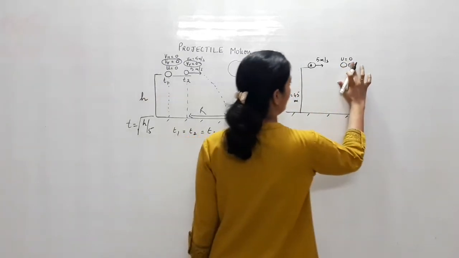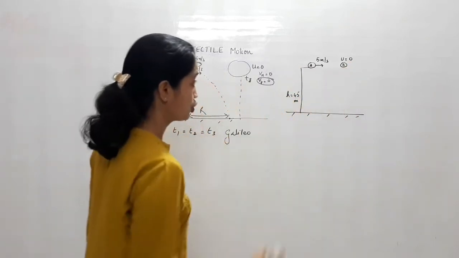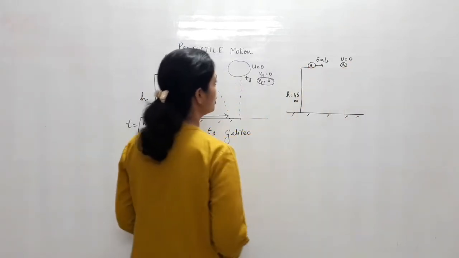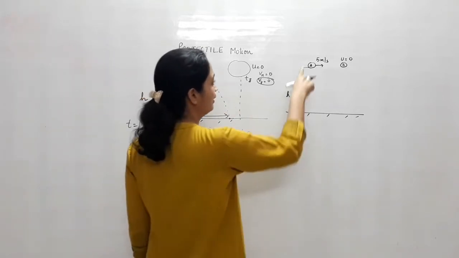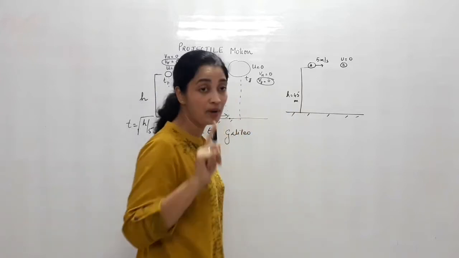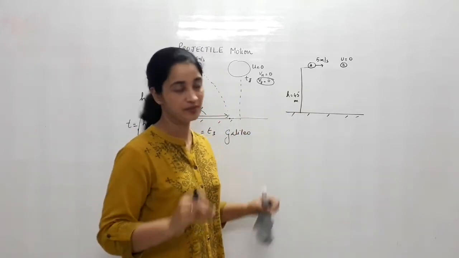The second ball B is dropped whereas ball A is given some initial velocity of 5 meters per second in the horizontal direction. Keep in mind they both are at the same height and they are released at the same time